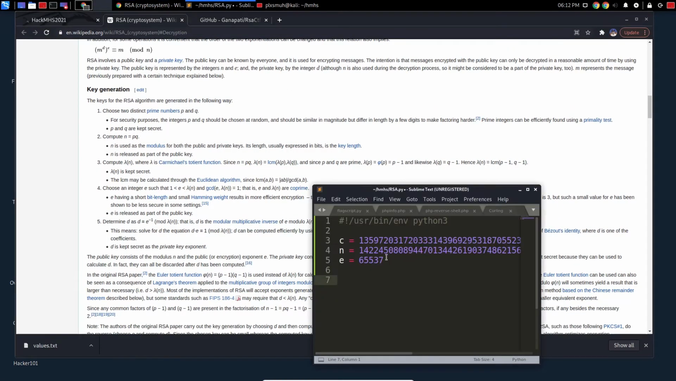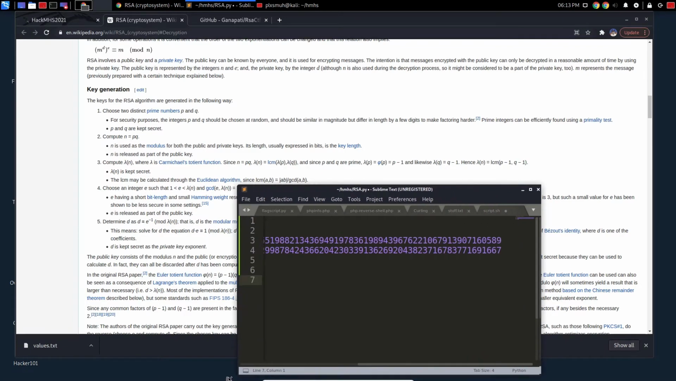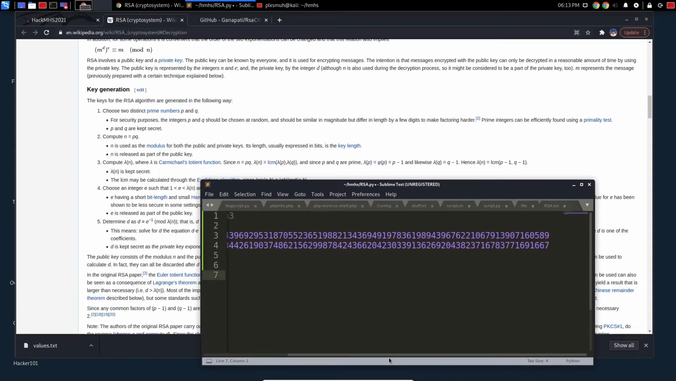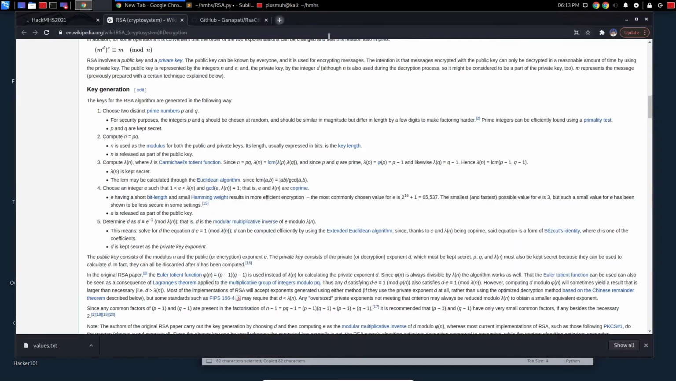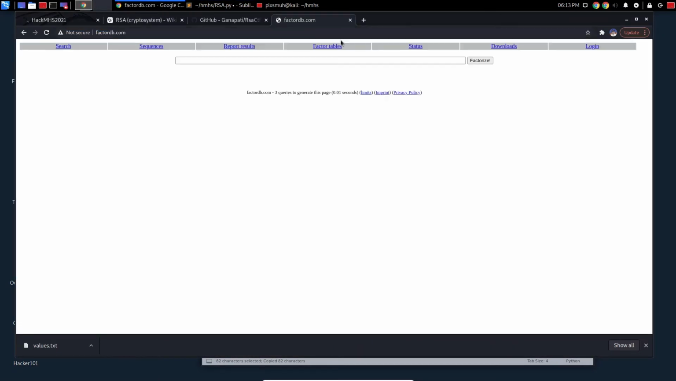So we have this N value, and how we can actually crack this is get our P and Q value. We have to factor this into two prime numbers. A great way you can do that is with FactorDB, factor database. And this will